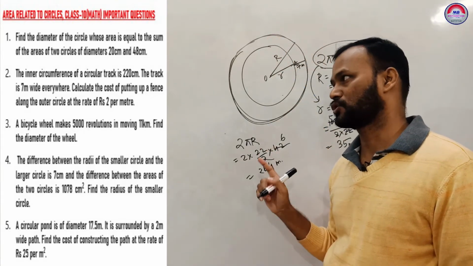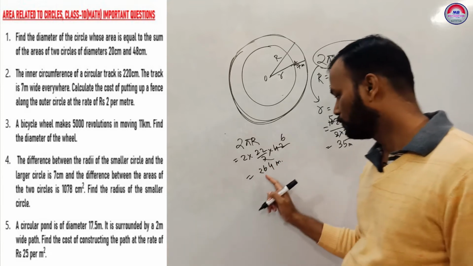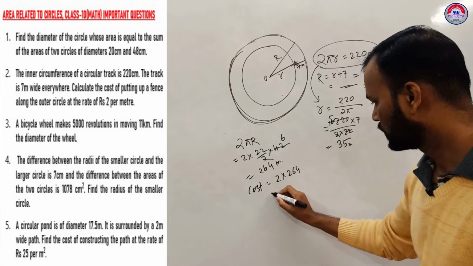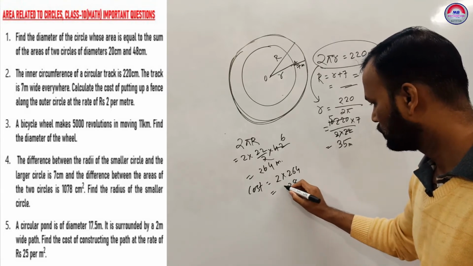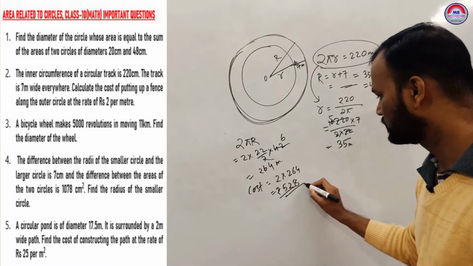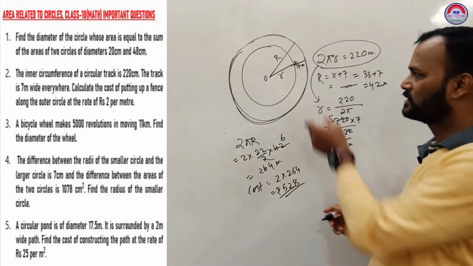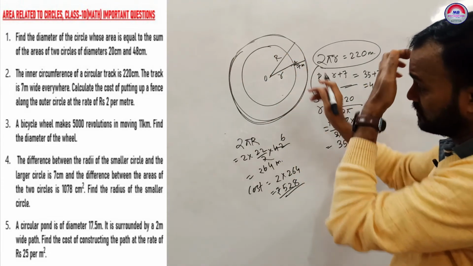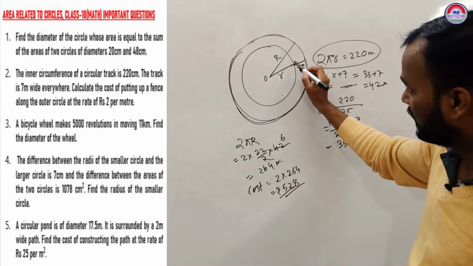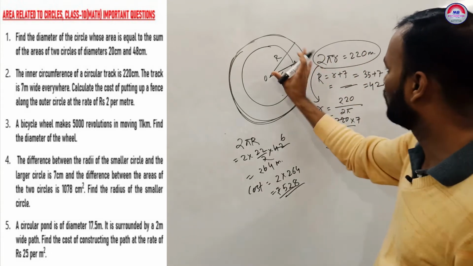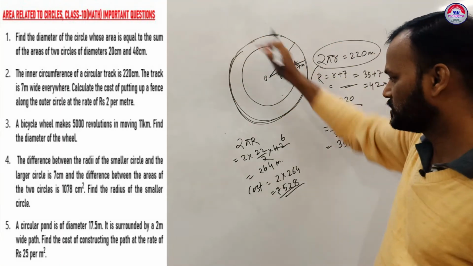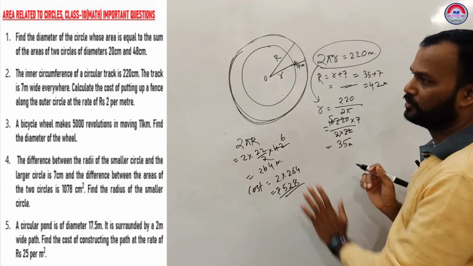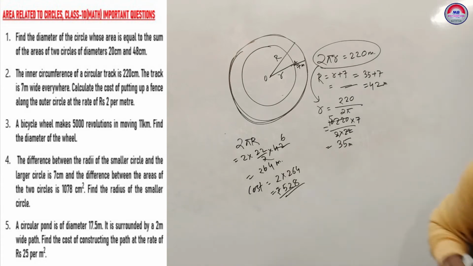We have to find the cost. Cost is rupees 2 per meter. So the cost is equal to 2 into 264, that equals 528 rupees. That is the answer. It's very easy. First, radius not given, circumference of the inner circle given, so we find the radius, and width given, add, then outer radius, then we find the circumference, and per meter cost is rupees 2, so total cost is 528. It's very easy. Write it down.